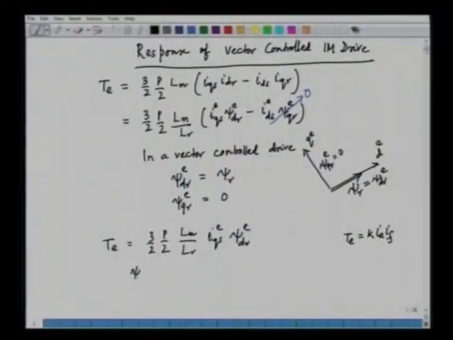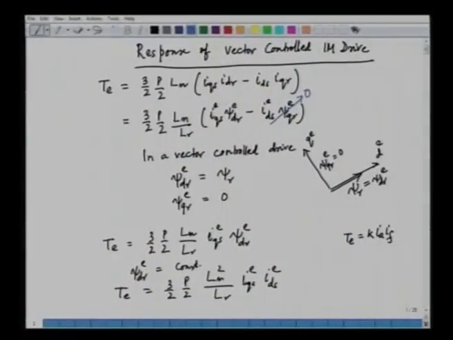Similarly, if psi dr^e is constant, the torque equation is given by 3/2 into P/2 into Lm square by Lr into IQS^e into IDS^e. This equation is quite similar to that of a DC machine equation,